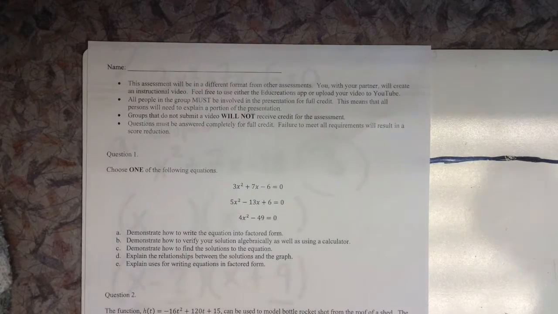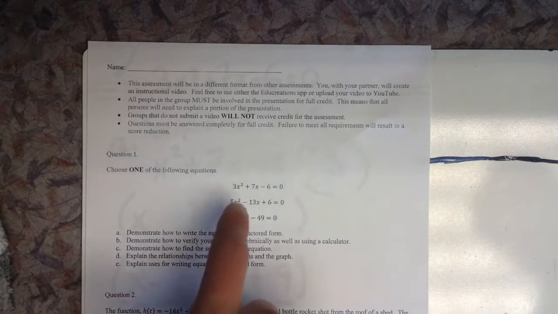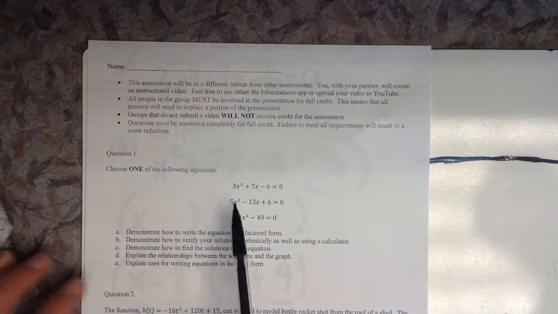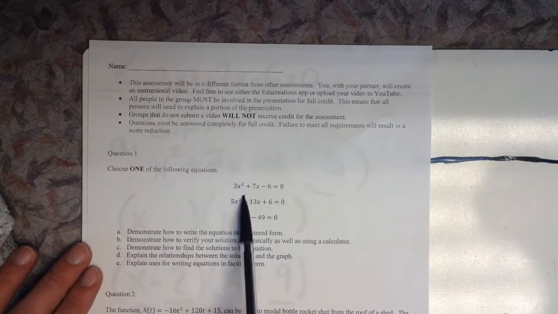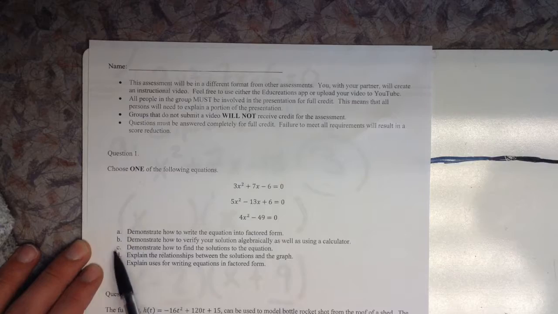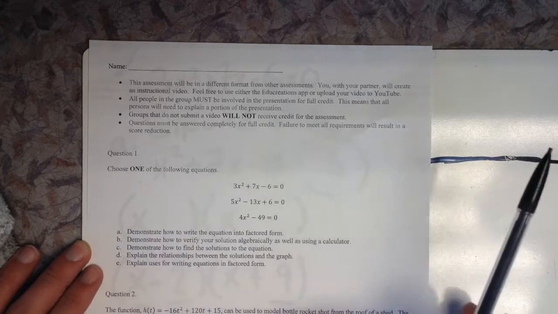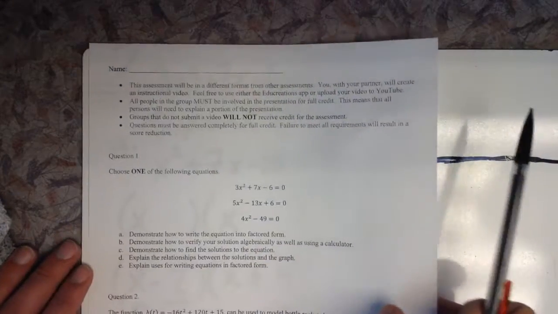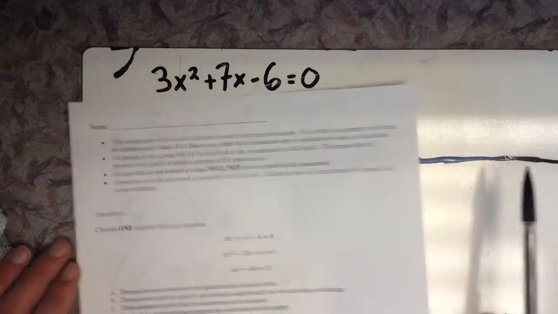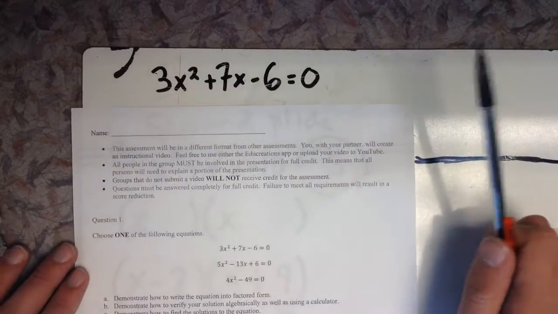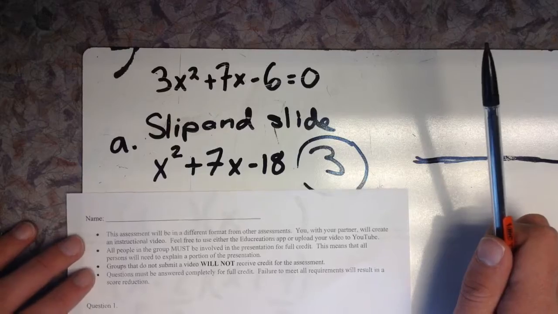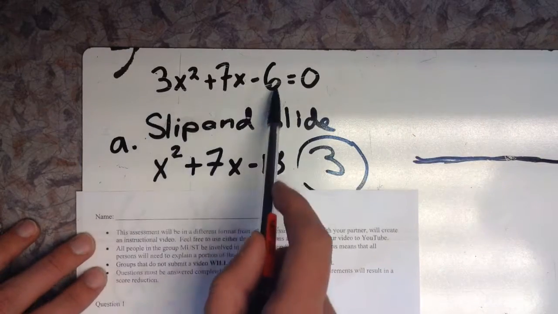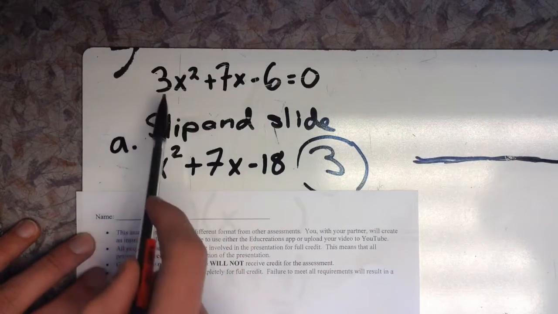So me and Bridger decided to use the top equation, 3x squared plus 7x subtract 6. So for step A, we are going to demonstrate how to write the equation in factored form. So here's our equation. We're using the slip and slide, so we multiply c by a and then divide